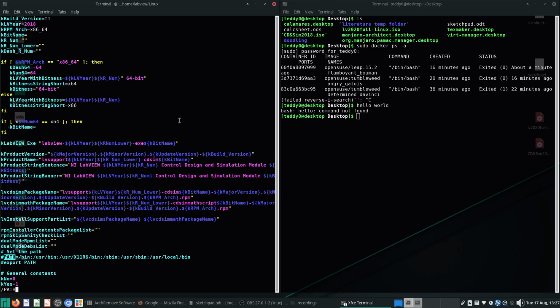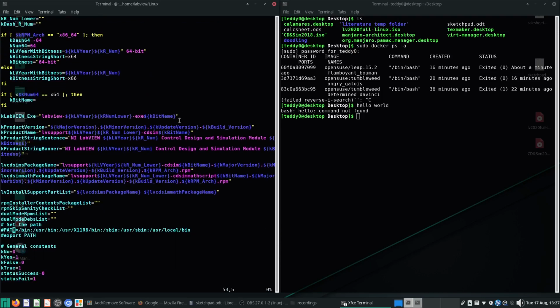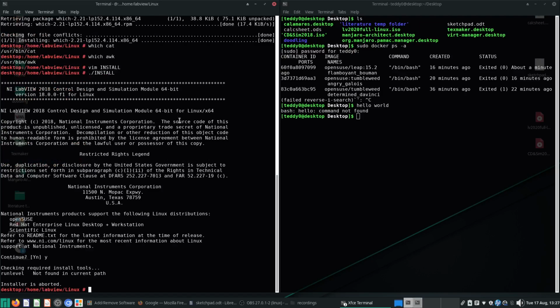path path. Apparently user bin is over there as well for some reason. Okay, so let's see whether changing this will do anything. It should be in user bin. I'm gonna do this. Okay, so that's Y. Okay. Save and quit, and